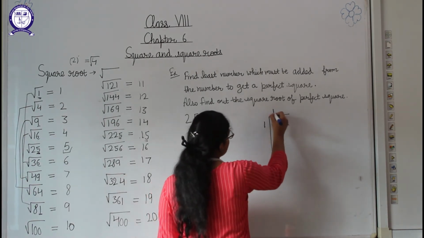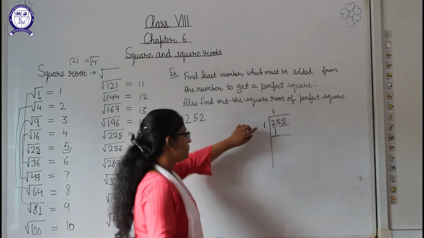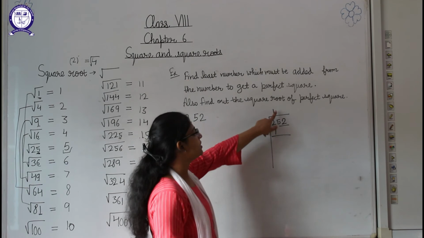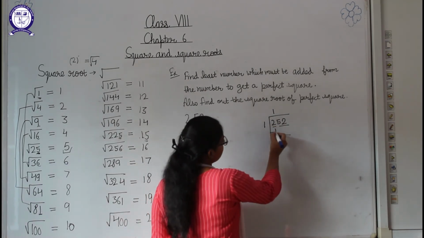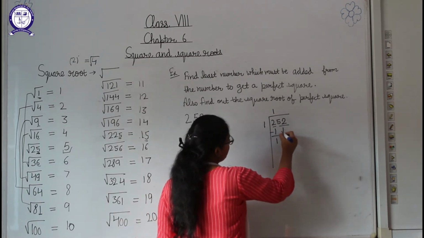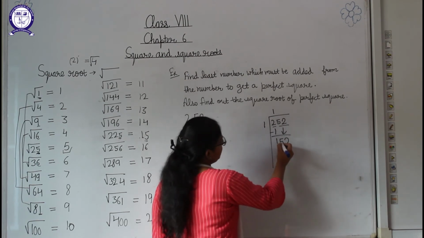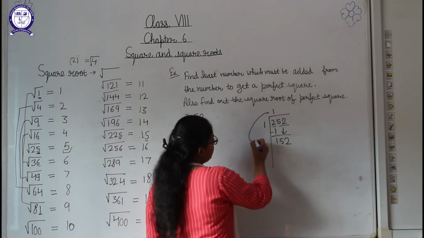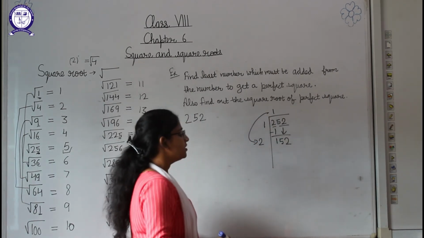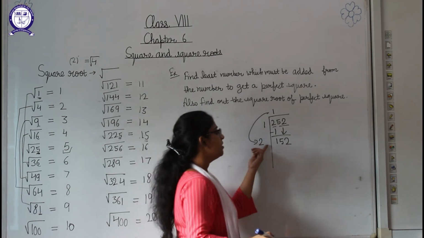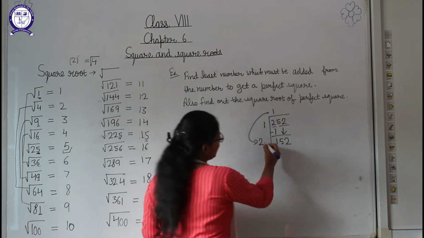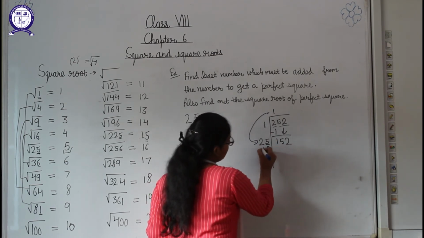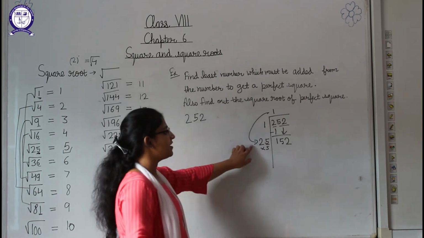Now 1 1 is 1, as if we take 2 2s, it will become 4 and it will be greater than 2, so we will take 1 1 is 1. Now when we subtract, 2 minus 1 is 1, and we write down the pair, so it will be 152. Now we will do the double of 1, so it will be 2 here. Now students, we have to check for the number by which we should multiply this. So suppose if I am taking 5, we will multiply 25 with 5 only, so 25 5s is